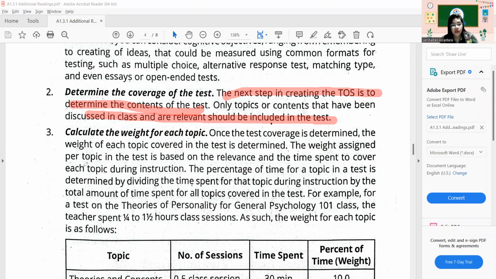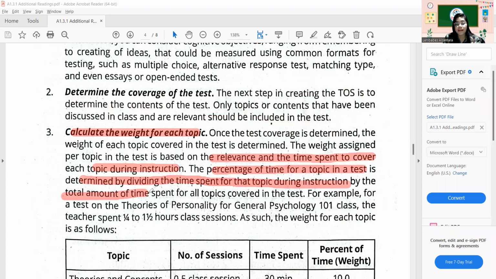Okay? Third step, calculate the weight for each topic. I repeat, calculate the weight for each topic. Ito na yun. Once the test coverage is determined, the weight of each topic covered in the test is determined. The weight assigned per topic in the test is based on the relevance and the time spent to cover each topic during instruction. The percentage of time for a topic in the test is determined by dividing the time spent for the topic during the instruction by the total amount of time spent for all the topics covered in the